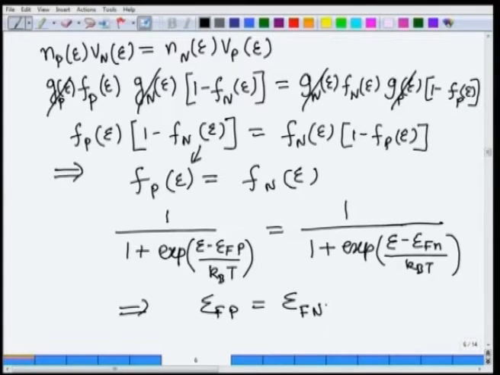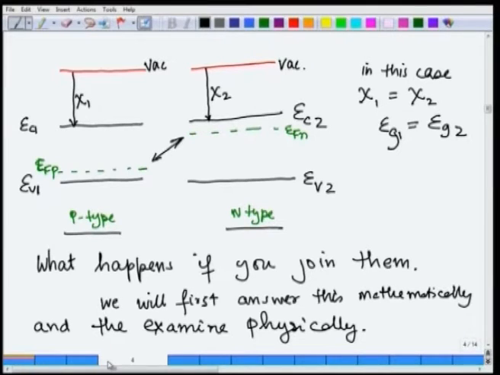So we have been able to prove that these two Fermi energies should become the same, and you should be able to see that from here itself. This Fermi energy at 0 K represents the chemical potential of electrons, and even at slightly higher temperatures, the kind of temperatures we are dealing with, this Fermi energy still represents very closely the chemical potential of electrons. So, if you have these two materials and we are trying to join them,